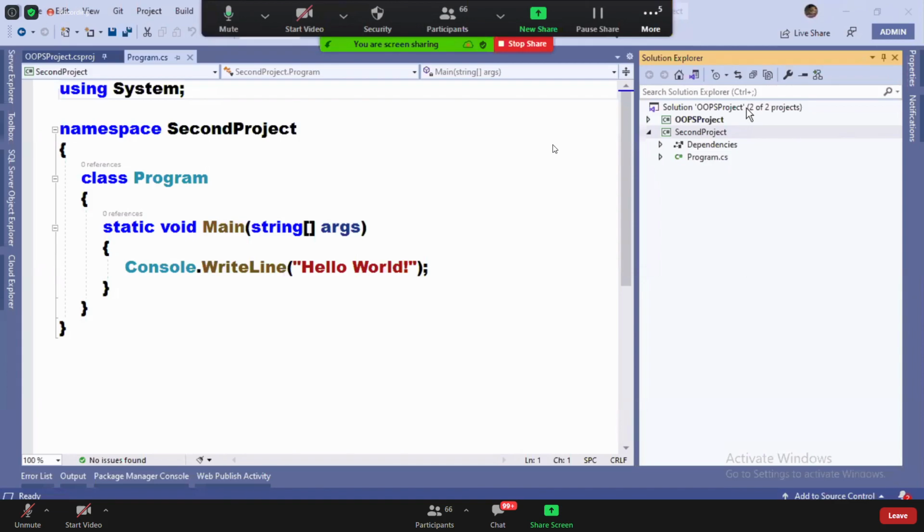The solution has two projects now. It has more than one project present for you inside the solution now. So multiple projects are present there. Am I clear, guys?